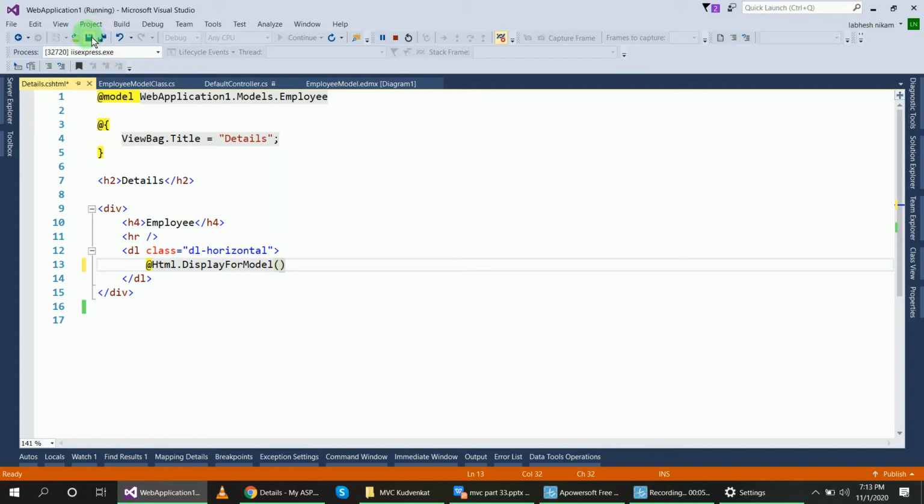Save it and run it. The same view will be displayed using this model.